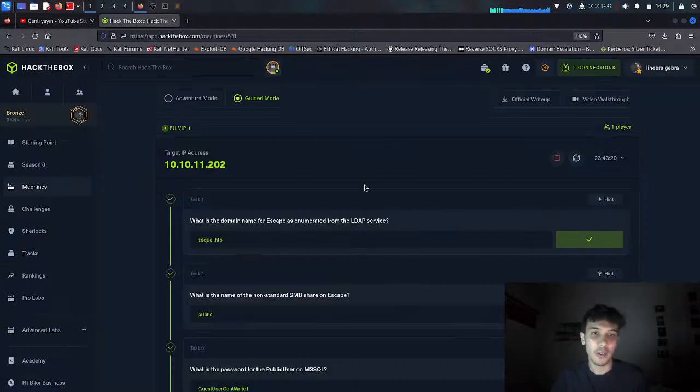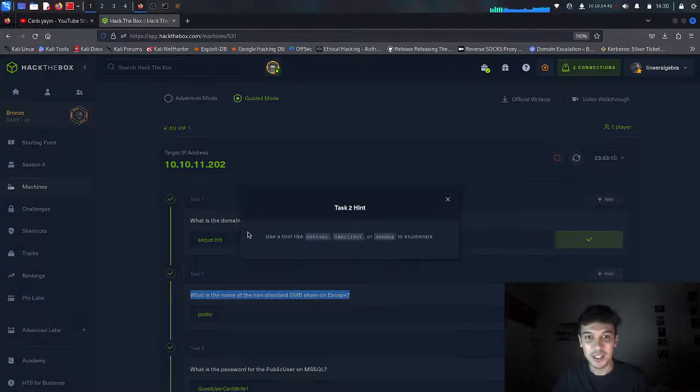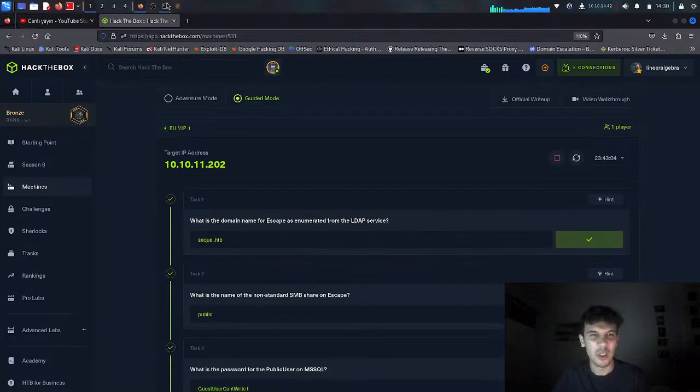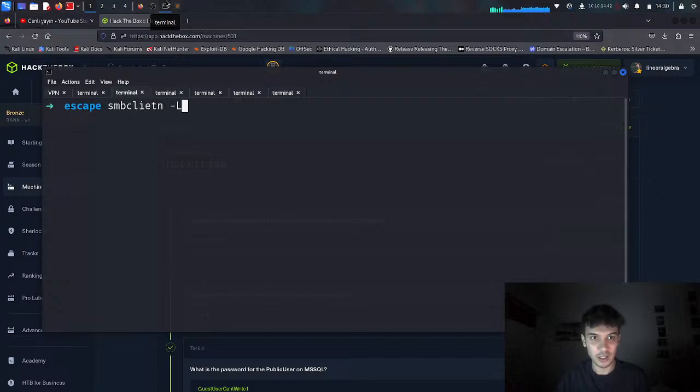Right. Alright, so let's continue here for task 2. It says, what is the name of the non-standard SMB shares on Escape? So let's go for a hint here. It says use a tool like NetExec, SMB client or SMB map to enumerate here. So I think we can do here directly SMB client